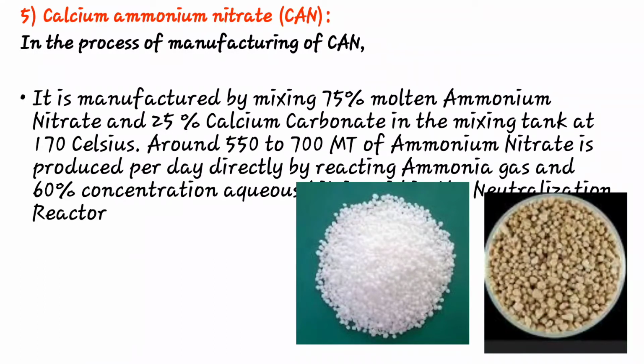So, calcium ammonium nitrate, the main property is that this fertilizer is used for alkaline soil, meaning saline soil, as well as acid soil. And the main manufacturing process: nitrogen and hydrogen form ammonia, and that ammonia is again oxidized with other gases and forms the final ammonium nitrate liquid. And that liquid is semi-solid and forms granules again. This is the manufacturing process of CAN.